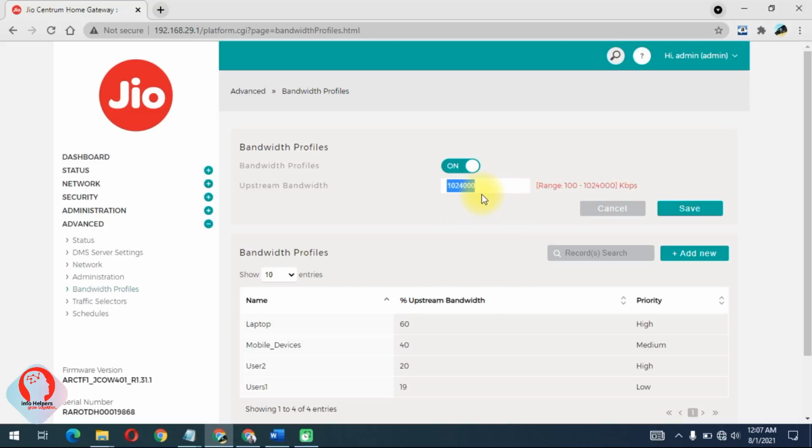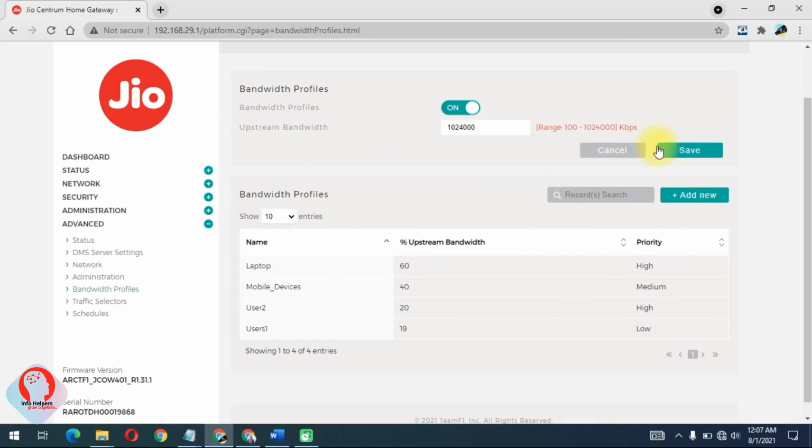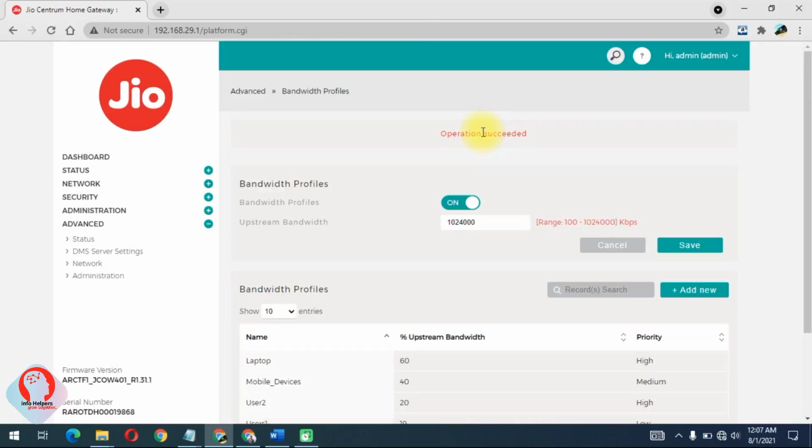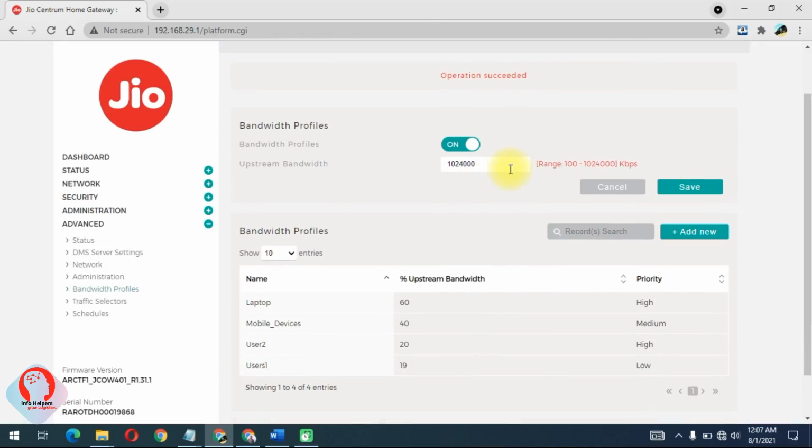You can enter the speed of your connection here and make sure it is in kbps. 1,024,000 is almost nearby 1 gig speed. Once you enter these details, you have to click on save. This is the maximum bandwidth for my internet connection, my link.